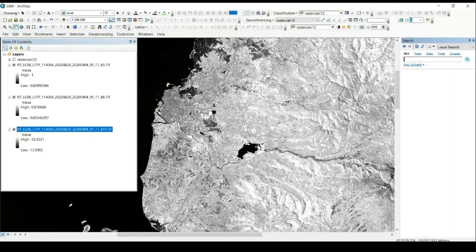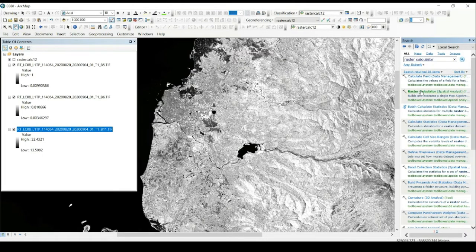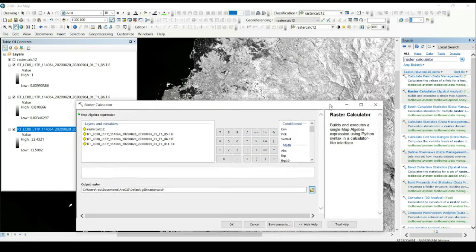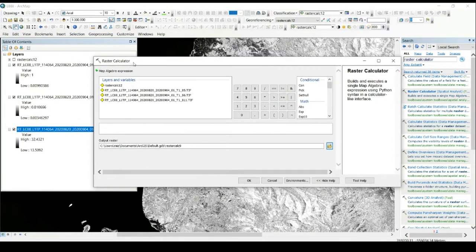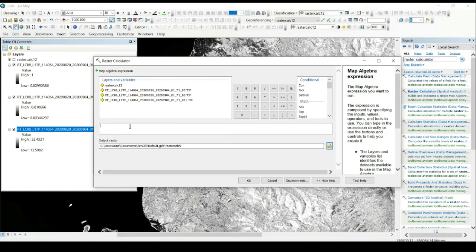So we go to the search, and then we type raster calculator, and then we enter, and then we find this. Go to the Raster Calculator under Spatial Analysis, and you may double click. This is the raster calculator, and now we type the formula.